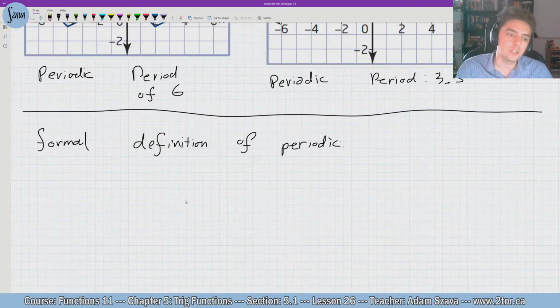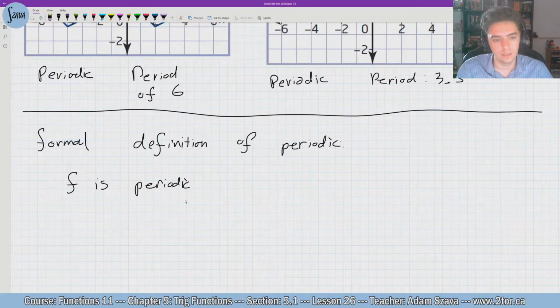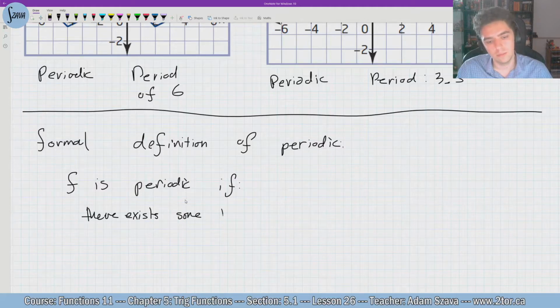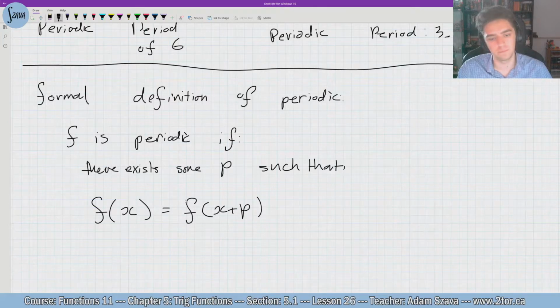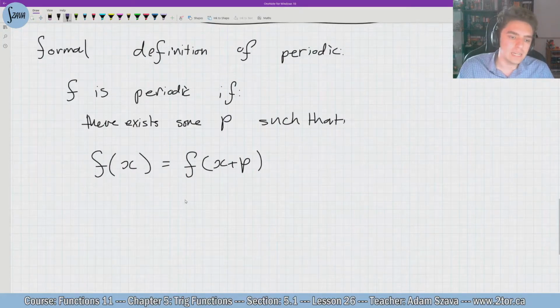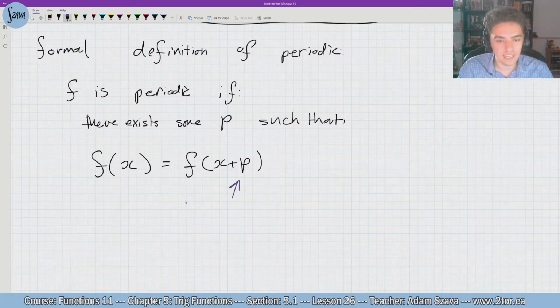So a function f is periodic if there exists some p-value such that the following equation is true. f of x equals f of x plus p. As in, I can input some number x and input some number x plus another number, and that will be